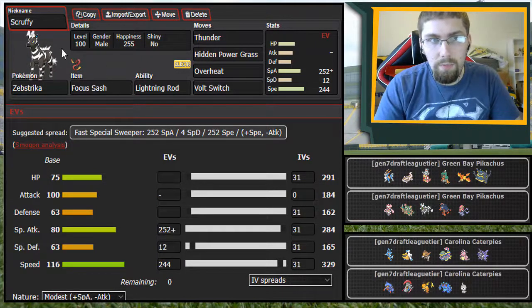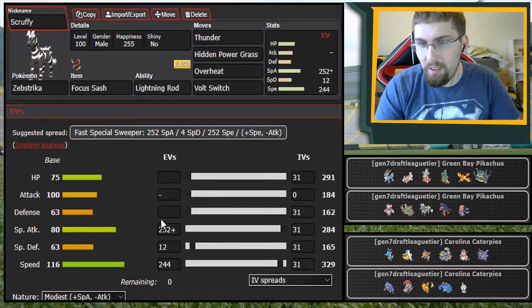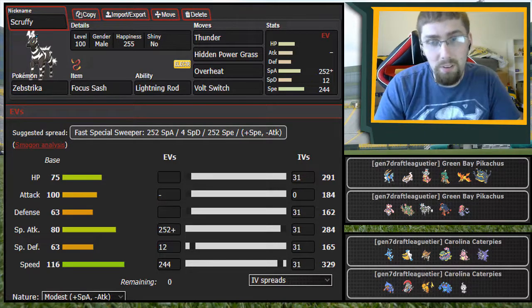So yeah, that's Zebstrika. Zebstrika in a nutshell. You don't really need to go too in depth with Zebstrika because it's just there to scout for a potential Scarfer early game, because this outspeeds every single Pokemon aside from Raichu, which Raichu can't do too much to us because